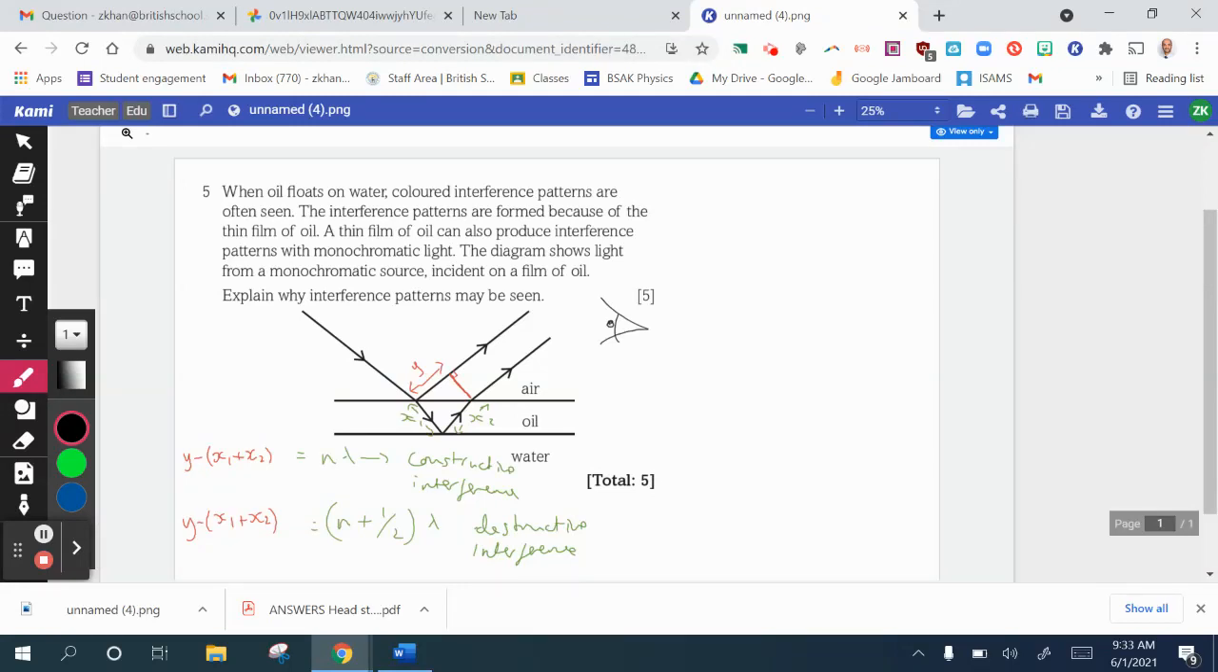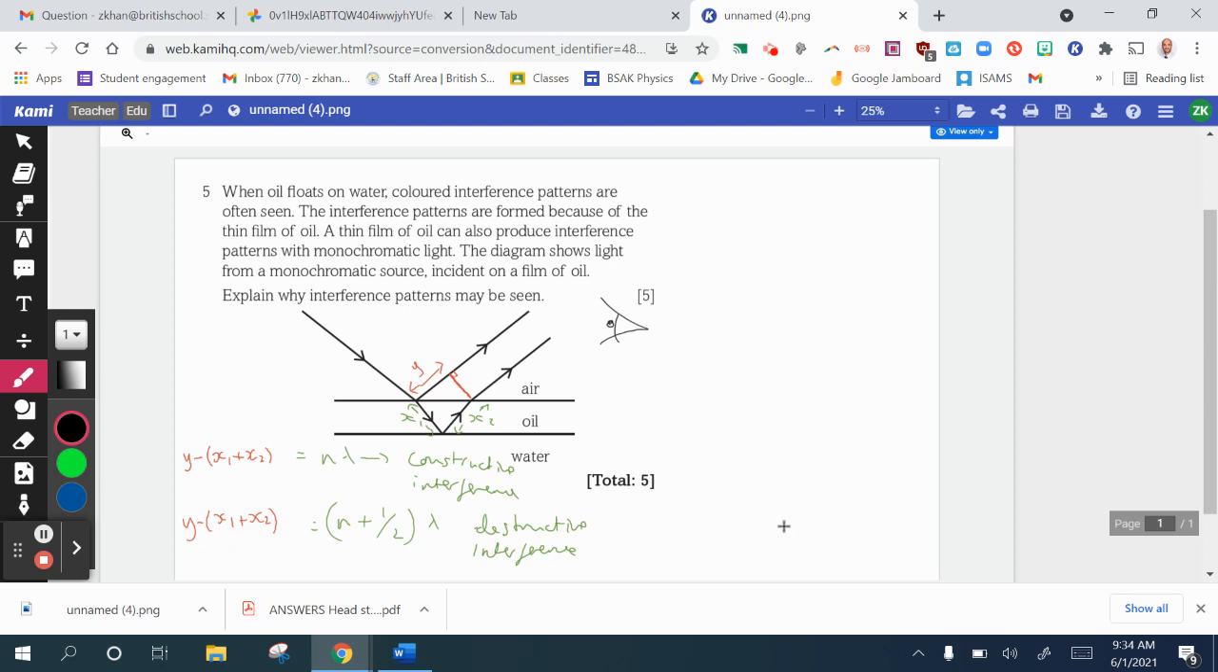Okay, answering this question, what you've got is some oil floating on water. Okay, and what happens is you've got light, monochromatic light incoming. Some of that light bounces off the surface, reflects off the surface. Some of that light enters the oil and refracts. You've got the oil-water surface here,